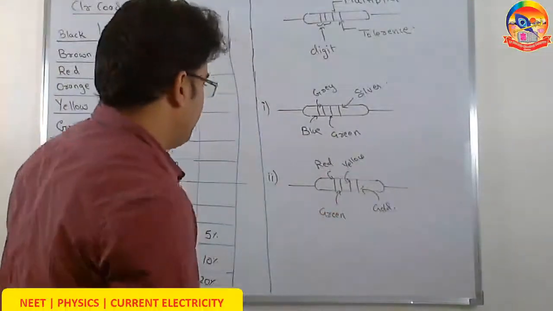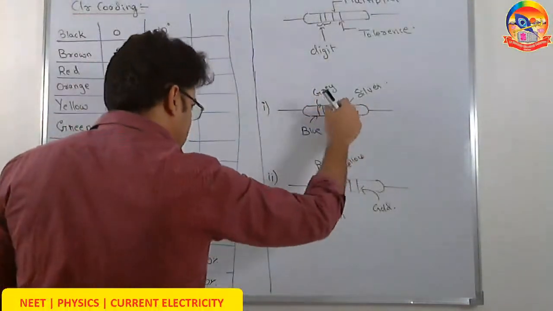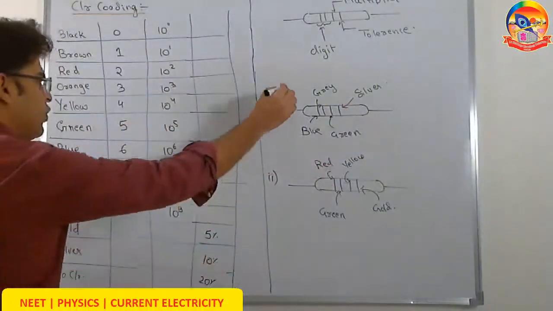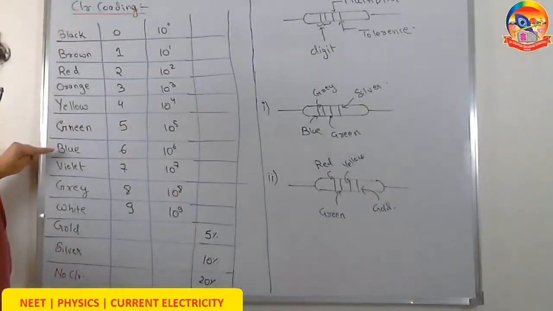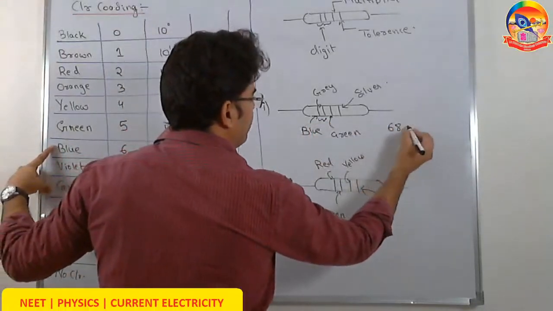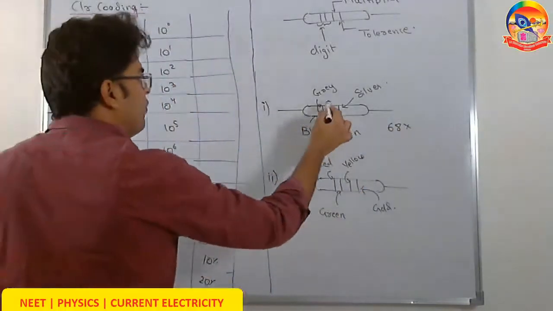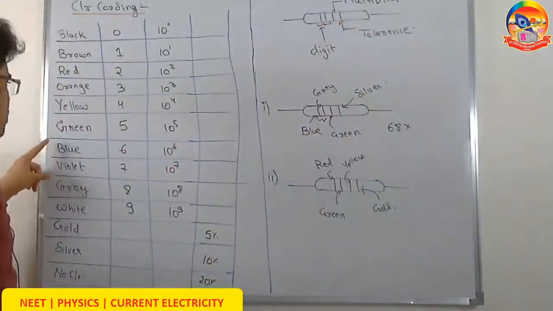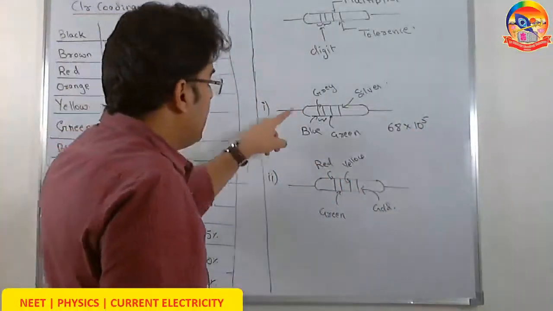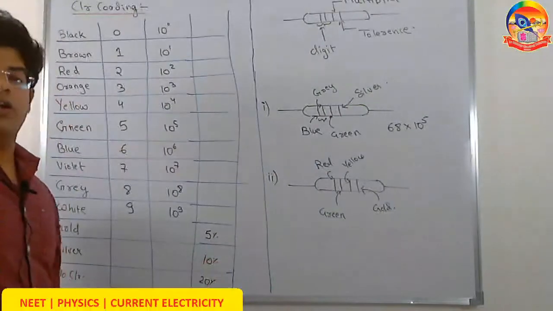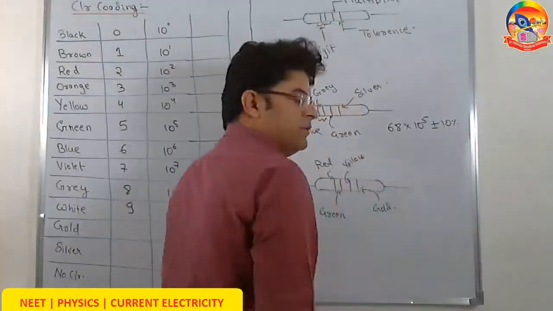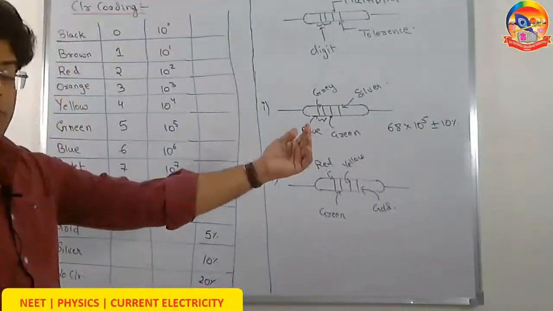Let's take up some example. There I have shown a resistor with the strips of color blue, grey, green, and silver. Corresponding to blue, the number is 6. Corresponding to grey, the number is 8. So the digits here will be 68 into multiplier. The third one is multiplier, and that is green here. So multiplier for green is 10 raised to power of 5. And the last strip is silver, which represents a tolerance of 10%. So you will say 68 into 10 raised to power of 5 plus minus 10%. This is your resistance. So it might be 10% more than this or 10% less.